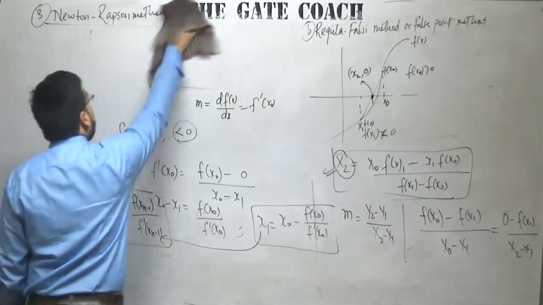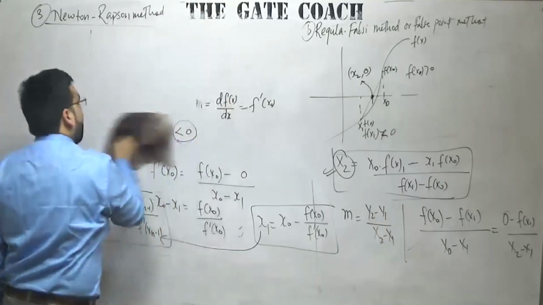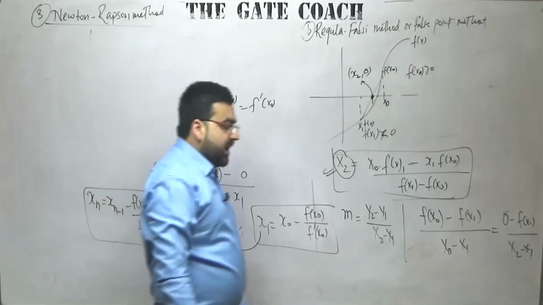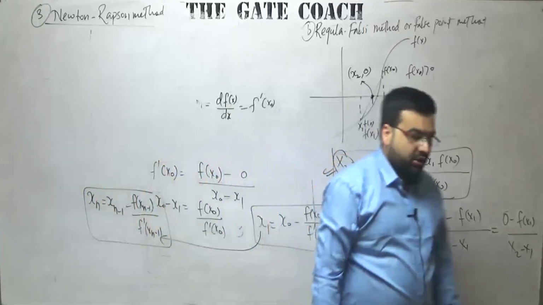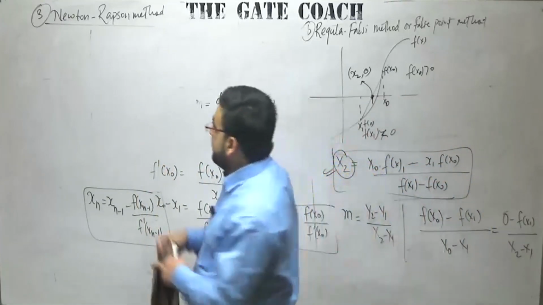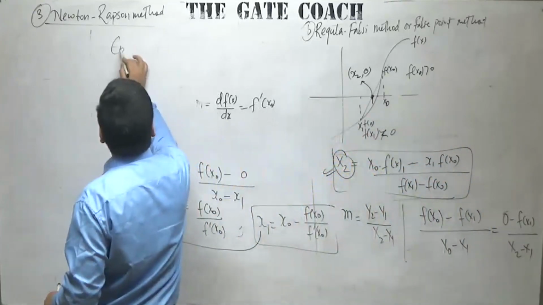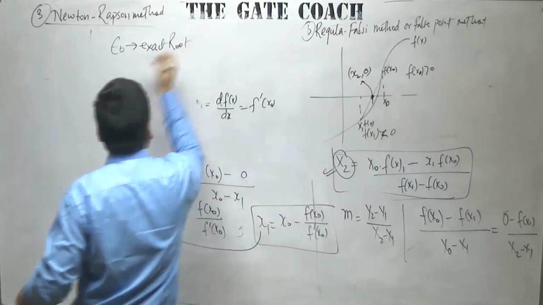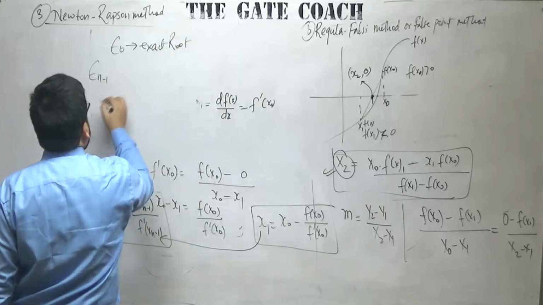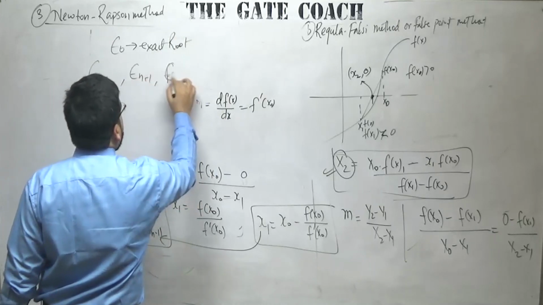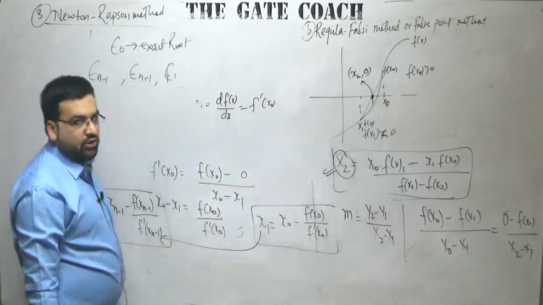After this, we discussed the convergence, the rate of convergence. Now, what is the rate of convergence? See, we are doing a lot of iterations, so in every iteration we have some error. Let us say epsilon naught is the exact root. For example, this is the exact root. You are taking epsilon n minus 1, epsilon n plus 1, epsilon n minus 2, etc. These epsilon values you are taking.